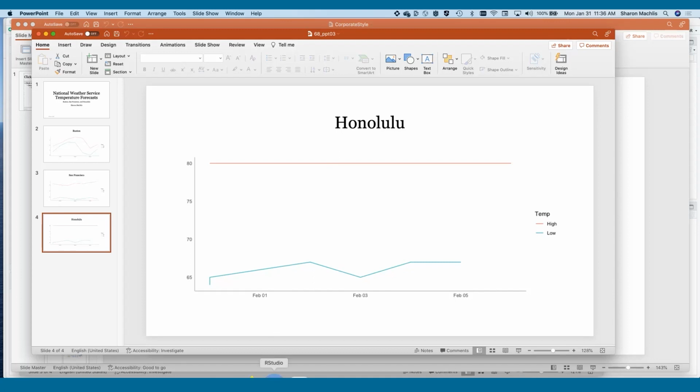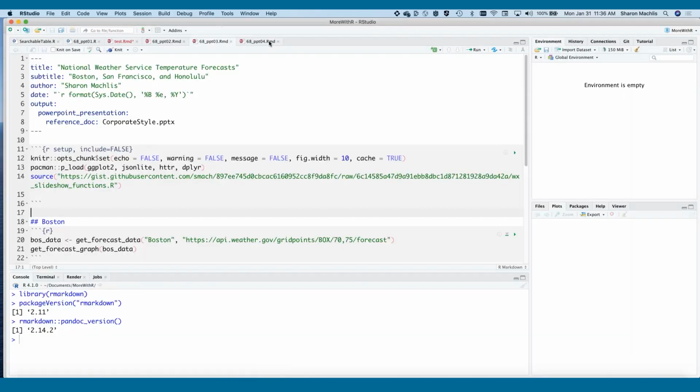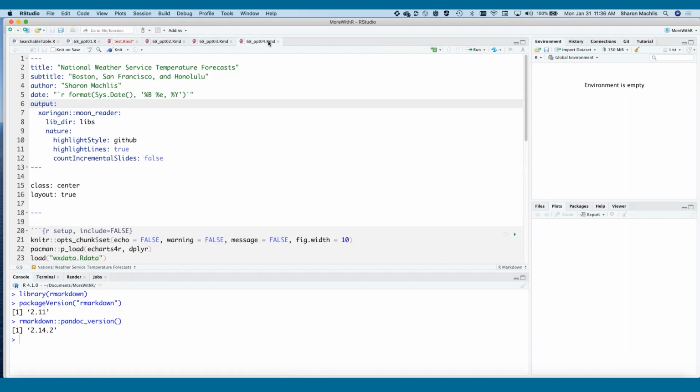But I can show you a pretty basic version of a Xaringan R Markdown file using mostly defaults. See title, subtitle, the date the same. Now I've got the output Xaringan using the Moon Reader, which is a dynamic way to see your slides as you're working on them. A few styles here.